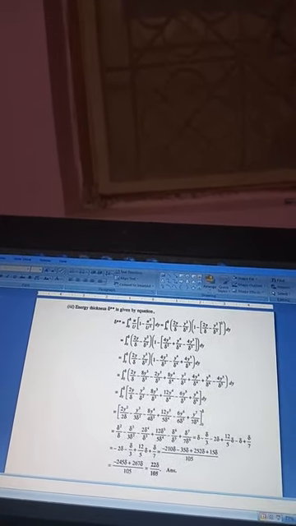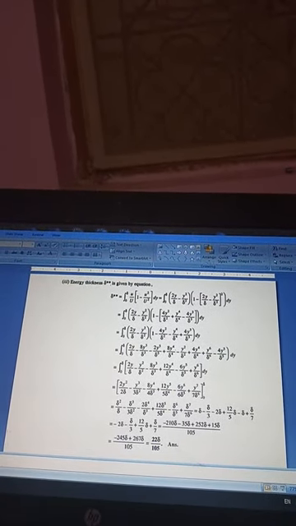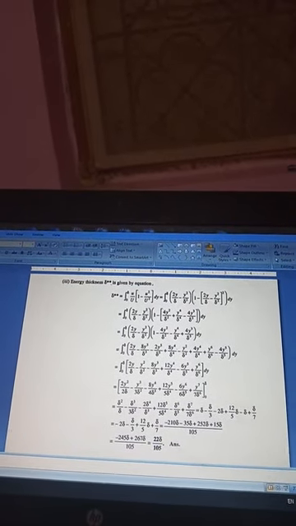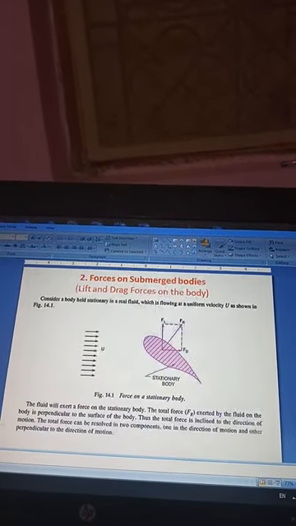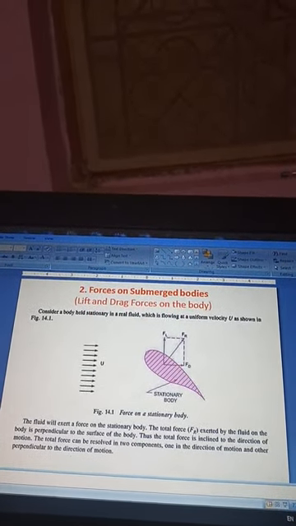So I think we have come to an end of the first part of this unit. I have told you that we have divided it into 3 parts. So the first part is boundary layer theory, the reason behind it and the terms involved in it. Now let us come to the second part of this boundary layer, that is the forces on the submerged bodies or on the solid bodies.